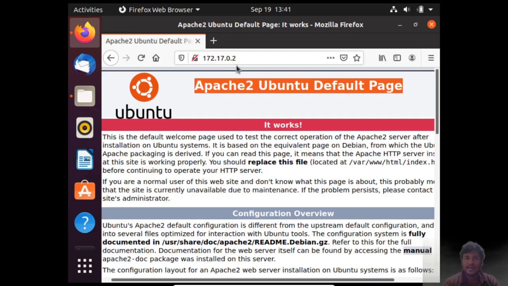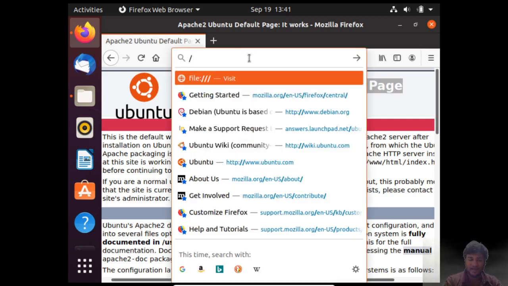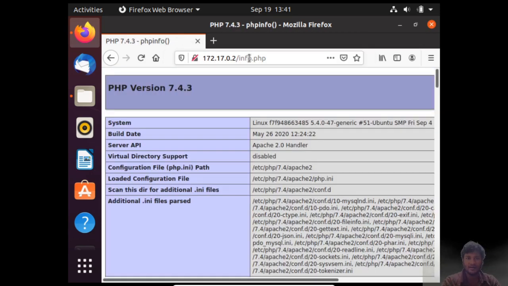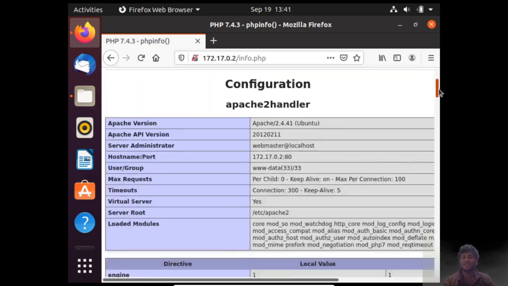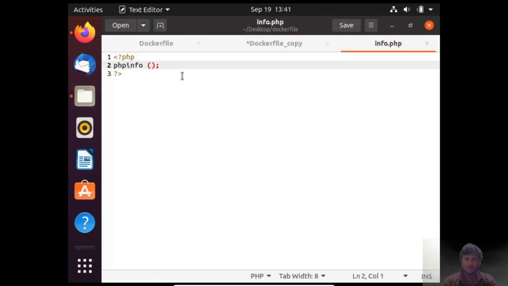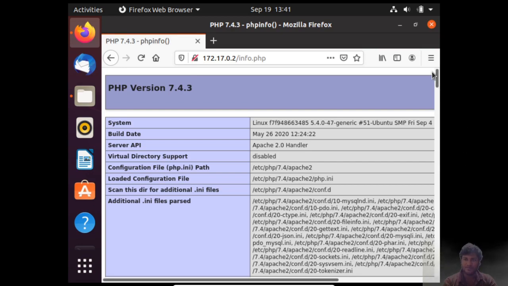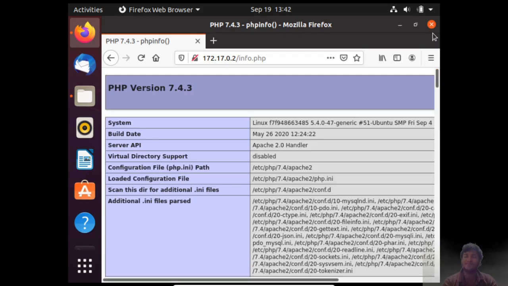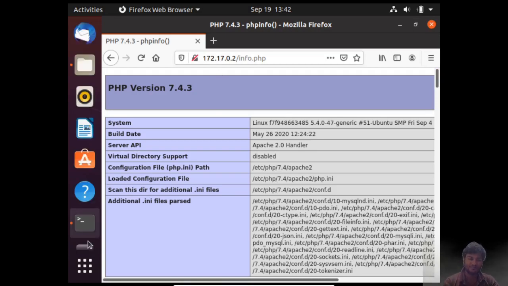So in this case, if I just go ahead and after this type info.php and hit enter, it will pick up this page which is for PHP information, which is created by this function phpinfo, and that's why we are able to see this information page for PHP. The PHP version, system, everything is given about PHP in this page, which tells us that PHP and Apache have been successfully installed on this system.